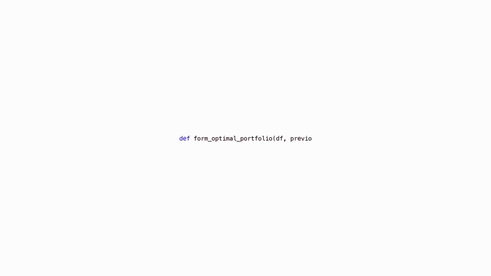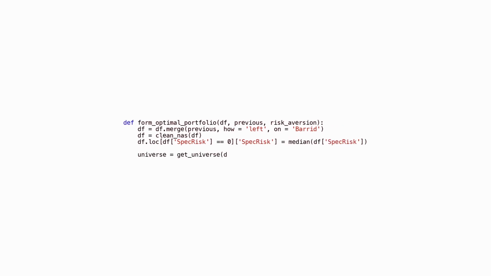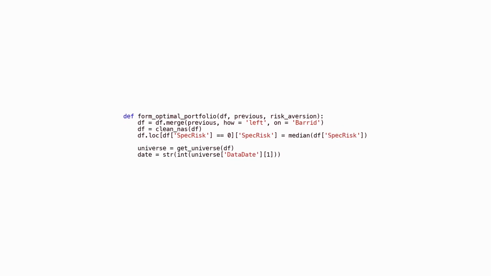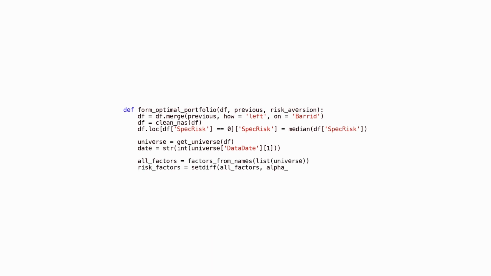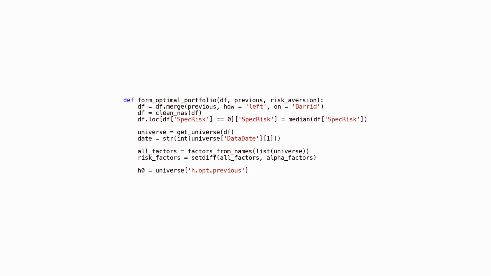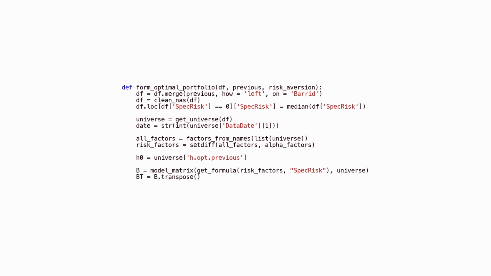This code is used to form an optimal portfolio for investing based on a given dataset and risk aversion level. The DF parameter represents the dataset containing information about different assets, including the specific risk of each asset. The previous parameter is the previous optimal portfolio, which is used to calculate the transaction costs of rebalancing the portfolio. The risk aversion parameter represents the level of risk aversion of the investor, which is used to determine the optimal